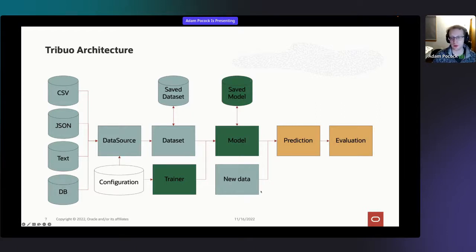And then you feed in new data points to get predictions, and you can pass your predictions into an evaluation system, and it will produce performance metrics. This is a lot of types. It will make more sense when we step through the code example a little bit later on. You can also configure the data sources and the trainers. We have a configuration system that accepts a variety of file formats, and will build pipelines for you.